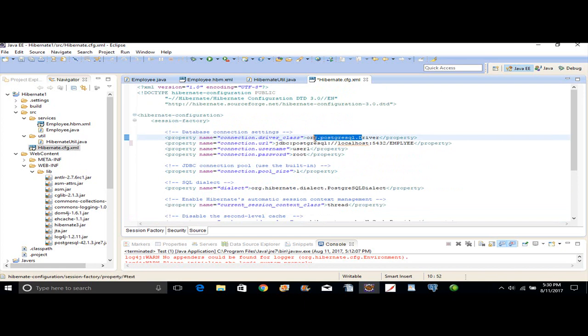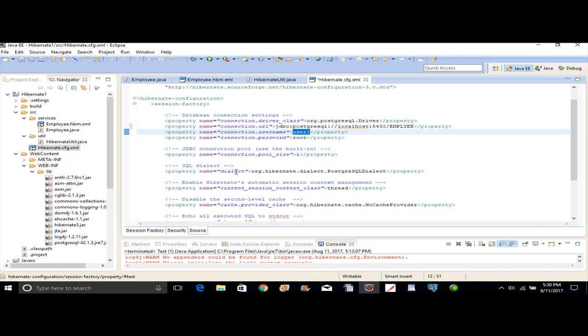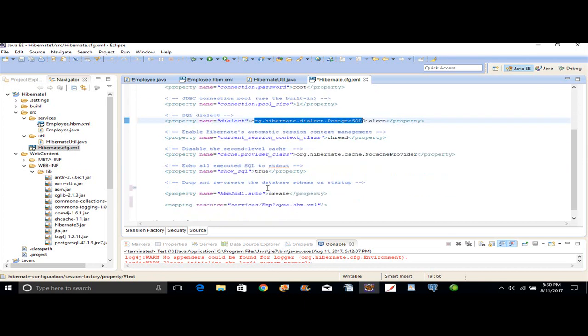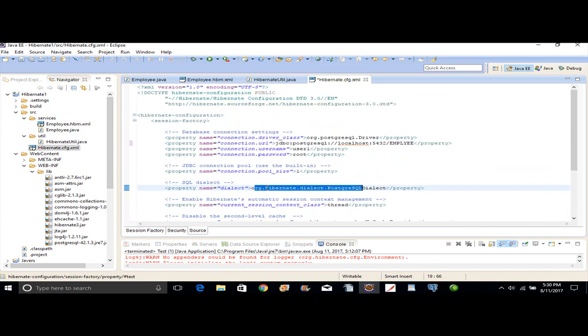If you are using another database instead of Postgres, you just have to change the connection driver. You have to change the connection URL. If you have a username and password, you have to put them here. If you don't have them, you just remove them, and then you change this dialect. So I am done with this file,